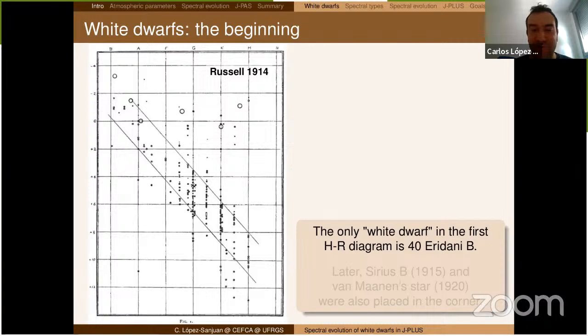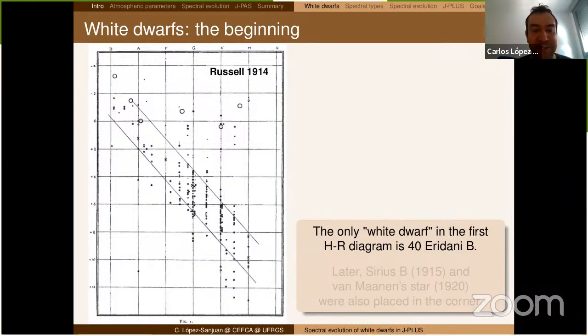So I'd like to show you the first Hertzsprung-Russell diagram that was published. You can see in the figure, on the x-axis you have the color of stars, and on the y-axis the luminosity, or the brightness that these stars have. This first HR diagram was constructed with more or less 100 stars, for which parallaxes, that means distances, that means luminosities, were measured a century ago.